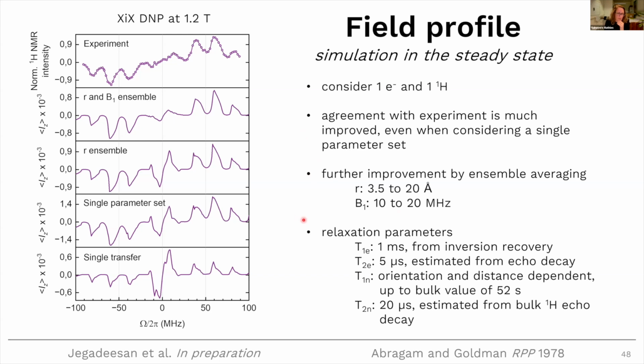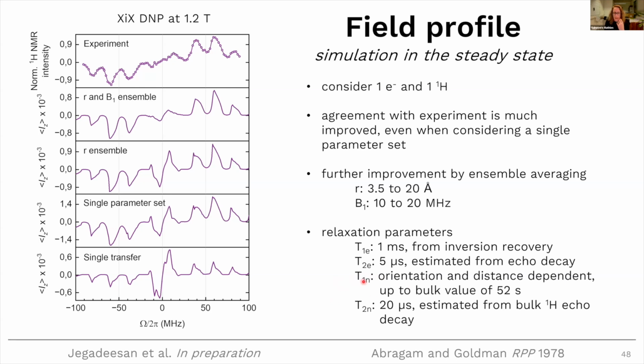What's not so easy is to find proper parameters to do the simulation, in particular the relaxation parameters. That was not so easy. We can measure the electronic relaxation parameters in the experiment, T1e and T2e, and we have some reasonable values for that. But what's difficult to measure are the relaxation properties of the nuclei close to the paramagnetic center. So what we did is we went back and consulted some old literature, Abragam and Goldman,